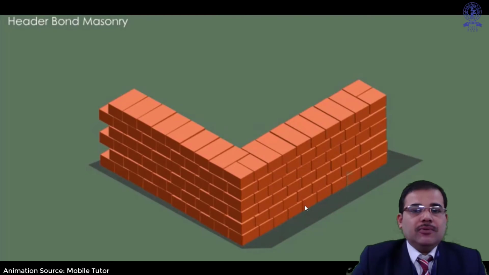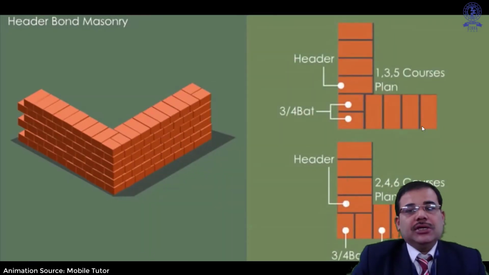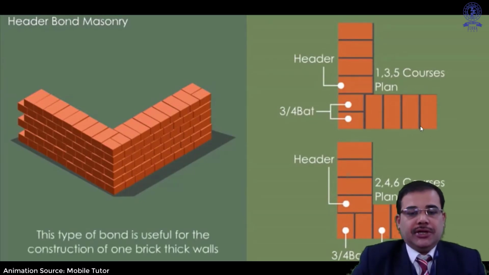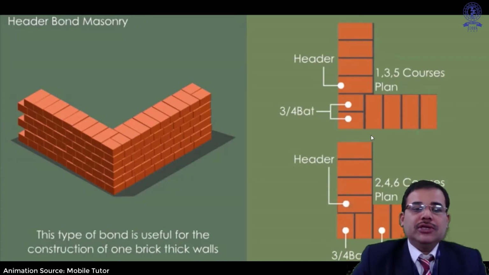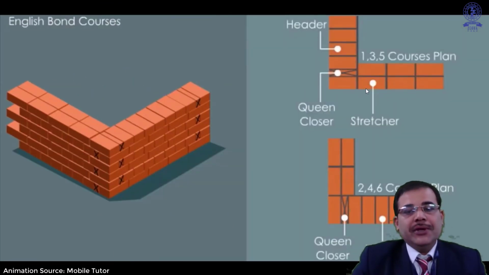So there will be the alternate course of stretcher only, but to the second, fourth and sixth one. Now in case of header bond masonry, this will look like this. When it is a 1 brick thick wall, means our longer dimension as a wall thickness, that means 190 mm plus plastering. So you will get a 230 mm of wall thickness. So in this particular case, header bond masonry is normally being utilized. In practice, we prefer this kind of bond, and in case of English bond, you may go for, as you are going to, a single building or single block.